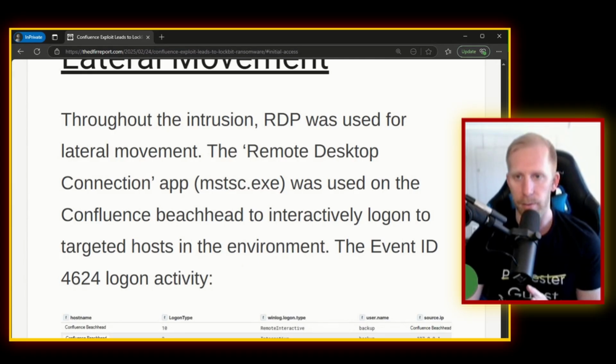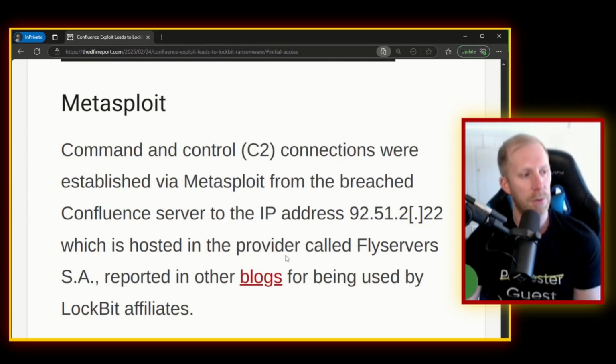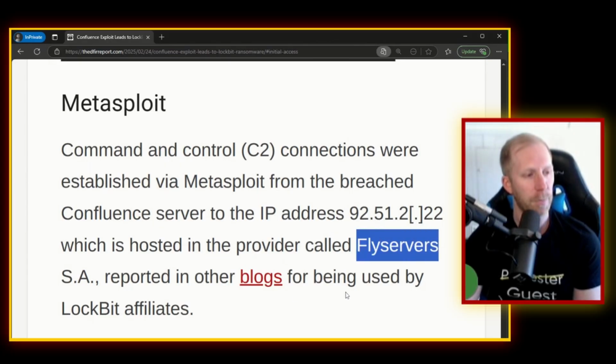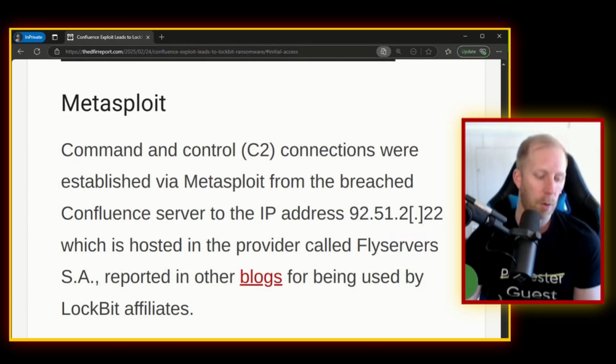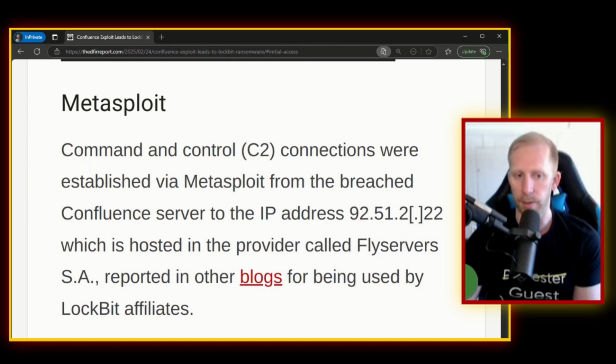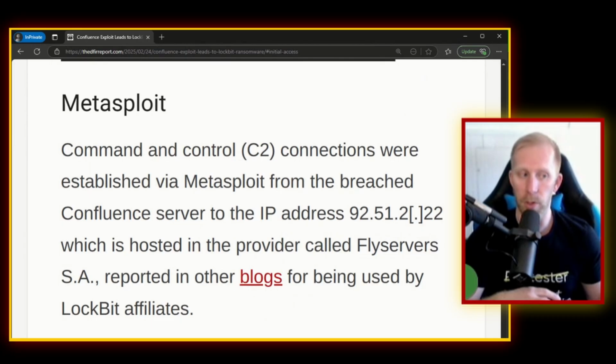But the last two things, and then we'll wrap up. This threat actor used a hosting provider called Fly Servers, and it's been reported before in other blogs that it's being used by Lockbit, right? So remember when I said we want to understand who it is that's doing the attack? This is a good indicator that it's some sort of ransomware group that is conducting this attack, or an affiliate of Lockbit in this case. Having that information is important because you can piece together some of their methodologies or techniques that they would use as opposed to a threat actor,